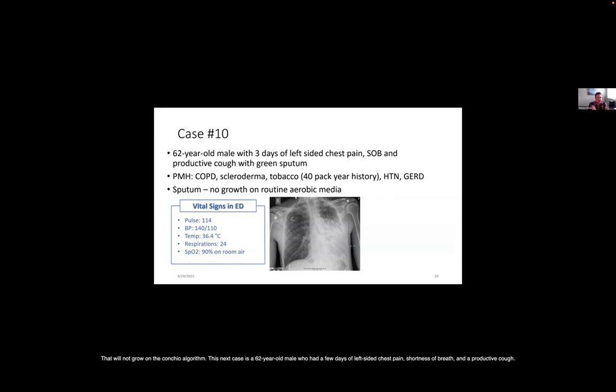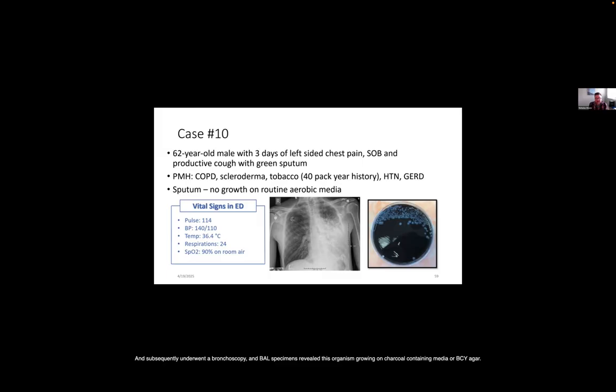This next case is a 62-year-old male who had a few days of left-sided chest pain, shortness of breath, and a productive cough. He's got some significant past medical history, and on his routine sputum culture, there was no growth of any probable pathogen, so just some normal respiratory flora. You can see, though, he has some pretty significant left lower lobe pneumonia, and his oxygenation is pretty poor at only 90% on room air and continued to deteriorate. He was transferred to the ICU at our institution for acute respiratory distress, and subsequently underwent a